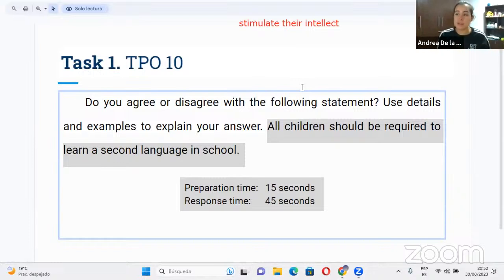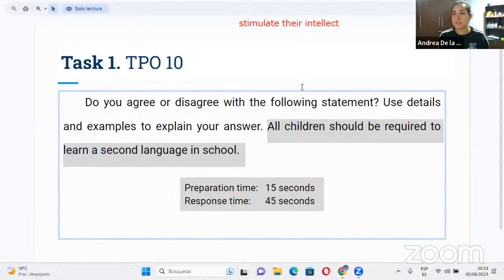If you're saying that they become more intelligent, tell me that you have a child that's learning a second language in school and that is becoming smarter, right? How? Maybe they're improving in other subjects, or maybe they are showing more creativity. I don't know, maybe they're more interested in learning and education. So careful, don't forget your example, careful with the introduction, and mostly work on your grammar. Try to practice,